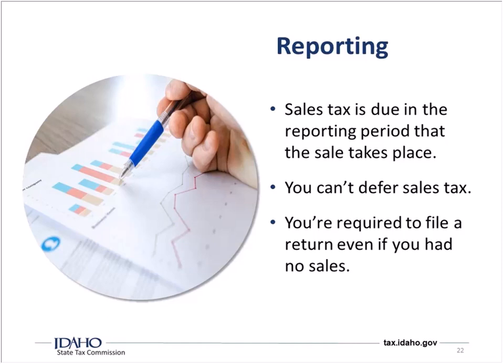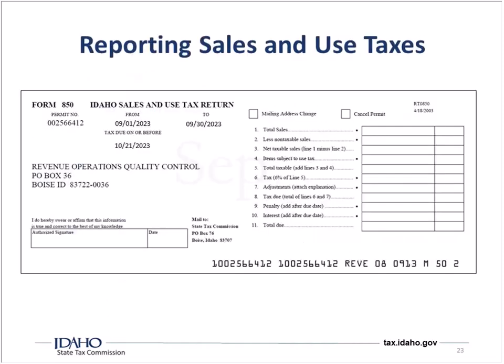So how do we report this stuff? Well, we're going to use something called an 850. And these are things that are sent to you. Once you've registered and you have your permit numbers, you'll start getting these. These have your permit number on them, as you can see in the upper right-hand side. What reporting period this is for. In this case, it's from September 1st, 2023 to September 30th. And when this is due. And this one is due on the 21st of October. Now that due date, if you're sending it in via mail, and as long as it is postmarked by that due date, you're fine. However, I would use TAP, and you just file this thing electronically. You don't have to worry about it.